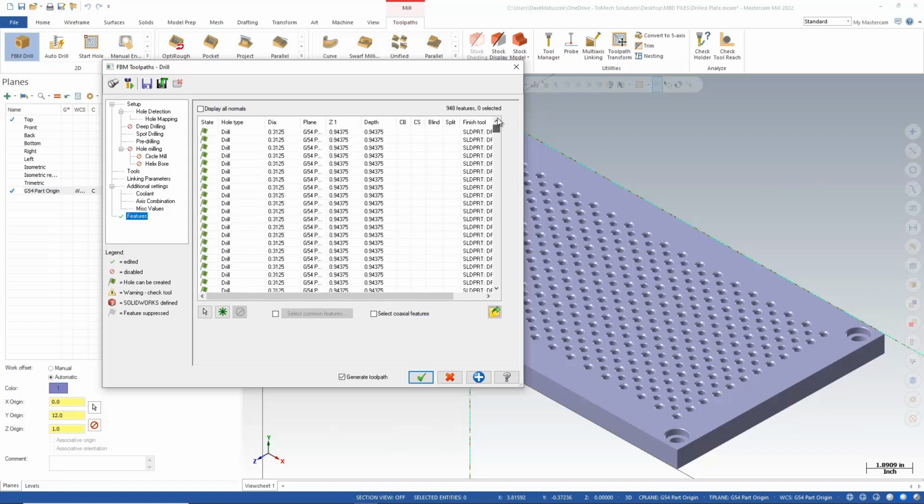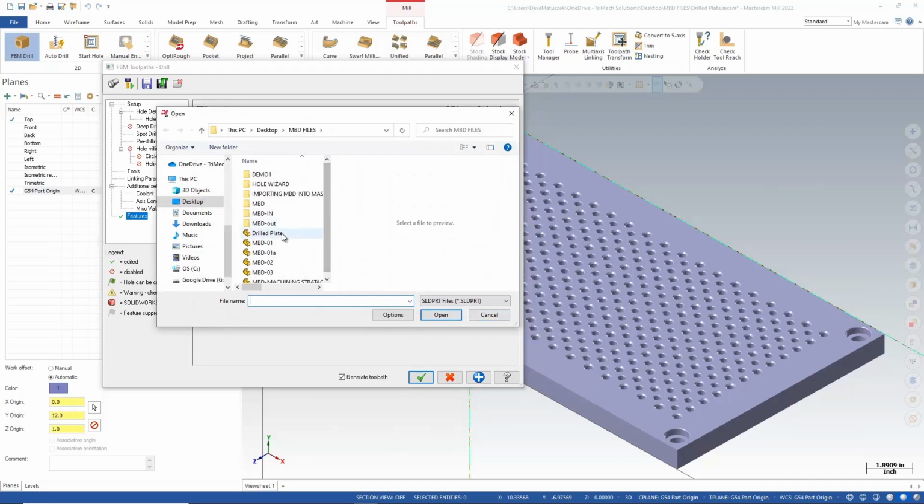So what are we going to do? Because I have SOLIDWORKS installed on the same computer, it's just simply a matter of importing the SOLIDWORKS Hole Wizard data. So I'm just going to come down here and select the SOLIDWORKS file. Grab that file, open it,